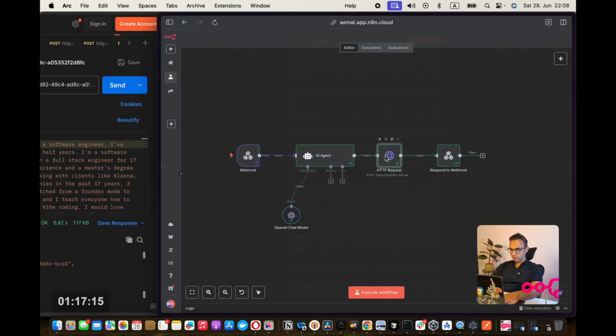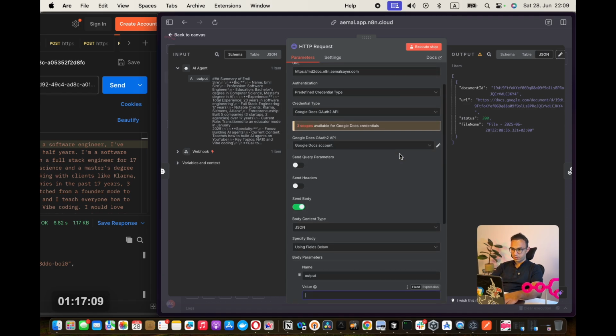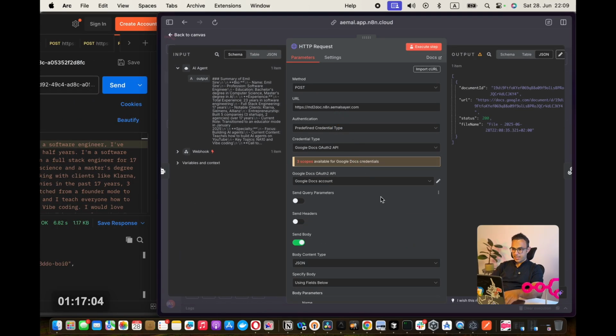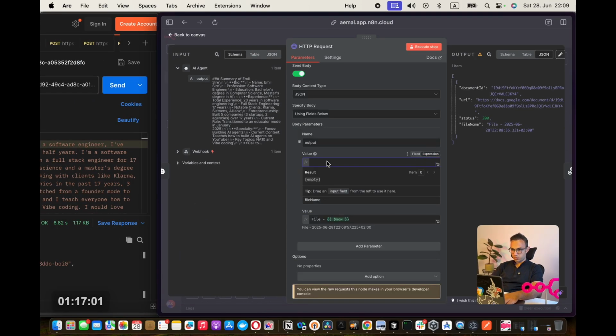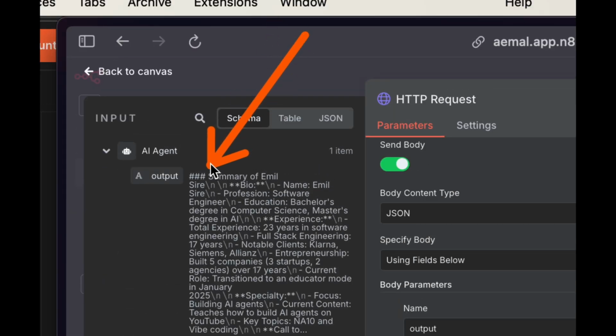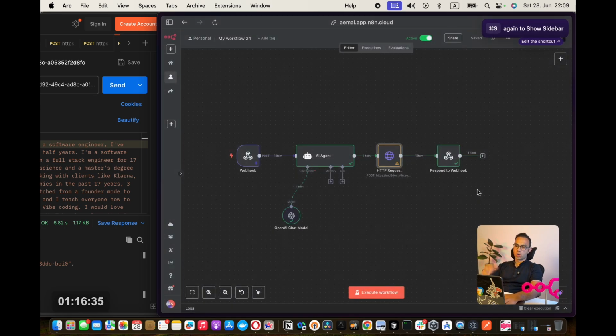So let's go to my workflow, and here, when I'm sending this data to my server, to aemalsayer.com, to this server basically, to this URL, I need to change something. So in the expression field, I need to send this document. And what this TypeScript does, or this custom node or custom HTTP service, n8n service does, it goes and it traverses, or it basically understands this entire markdown, and it generates a Google Doc version of it that is compatible with Google Docs, or a Word version that is compatible.